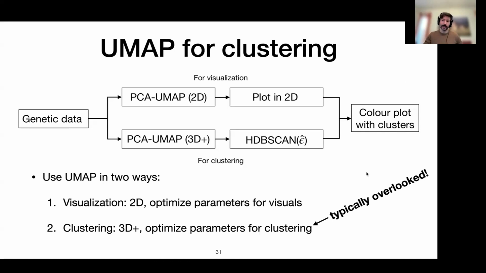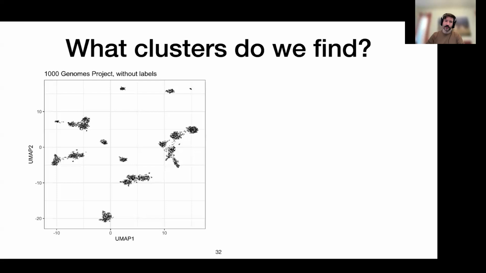Computers don't have that limitation. They can work in 5D, they can work in 10D. So there's lots more dimensions to explore. So let's take a step back and say, okay, I have my 1,000 Genomes data, and let's pretend I lost